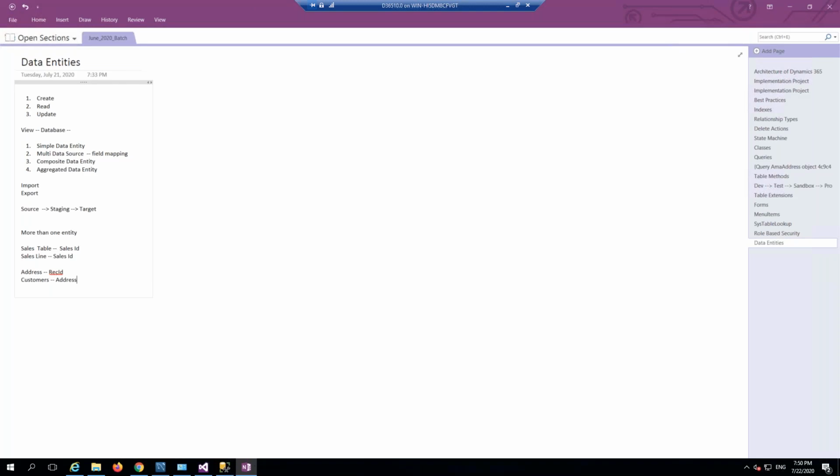Because let's say now in the address you have one record. For one record in address, you have multiple records in this customers table, so you will have the same zip code. Zip code is a unique index. So here as well it will cause the issue. So whatever we need to do is